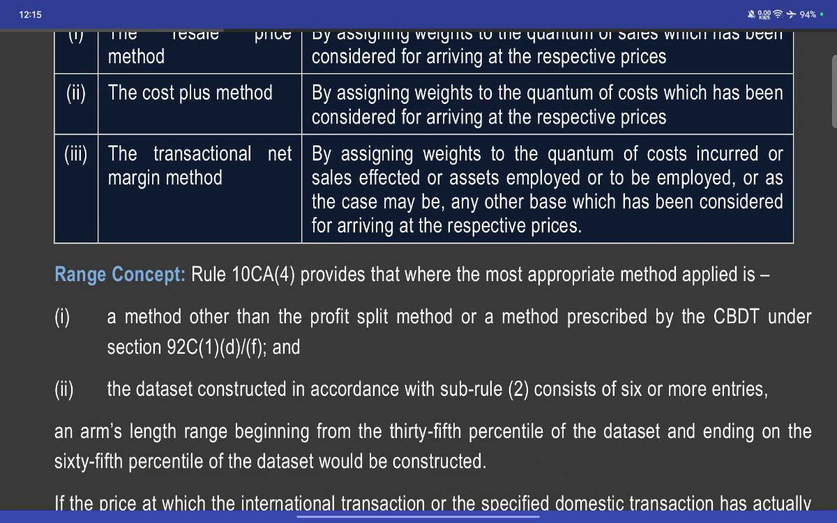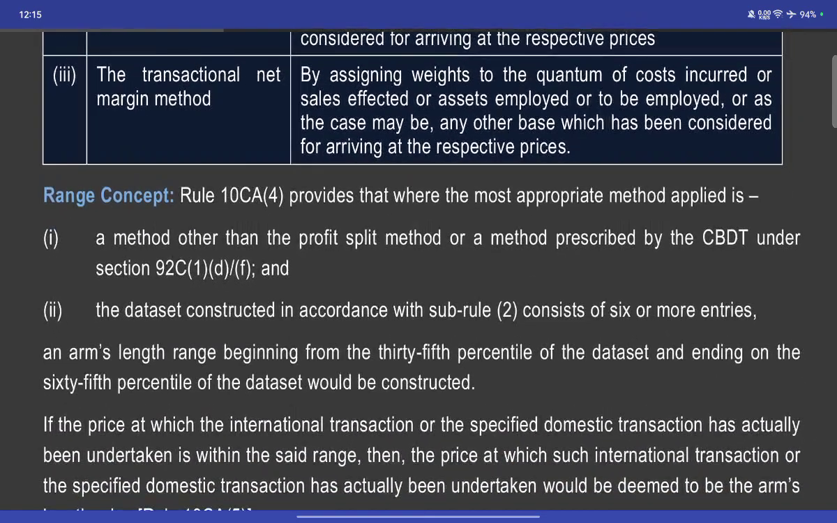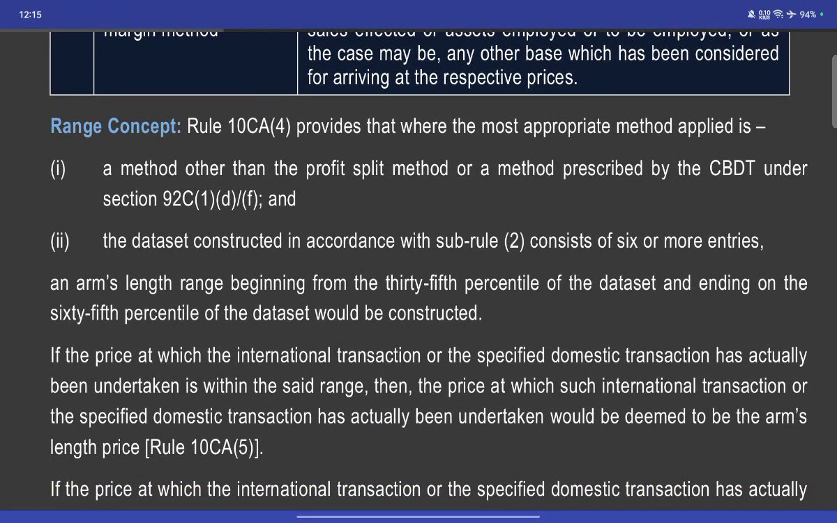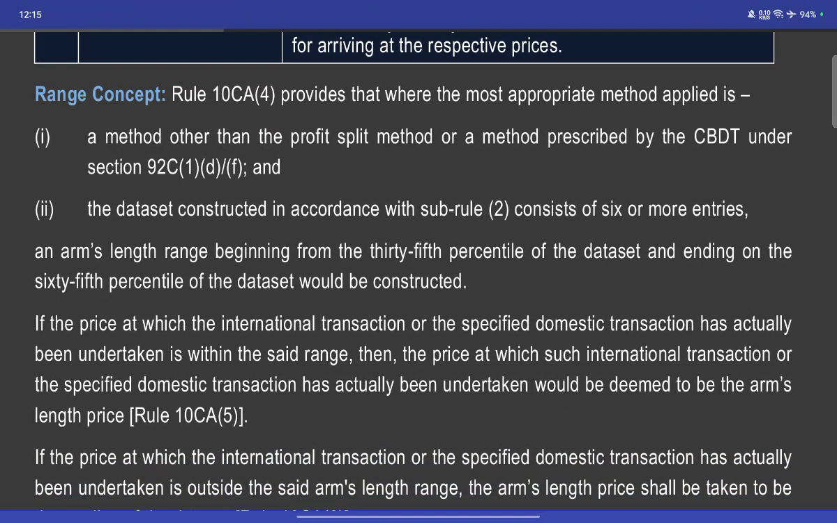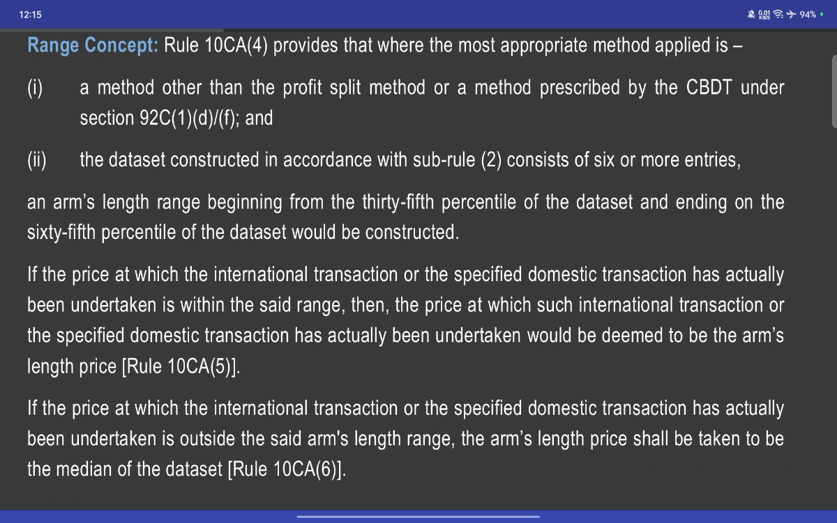Cost plus method: by assigning weight to the quantum of cost considered for arriving at the respective prices. Transaction net margin method: by assigning weight to the quantum of cost incurred, or sales effected, or assets employed, as the case may be, considered for arriving at the respective prices. Range concept: Rule 10CA4 provides that where the most appropriate method applied is a method other than the profit split method